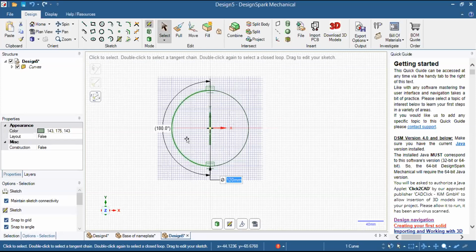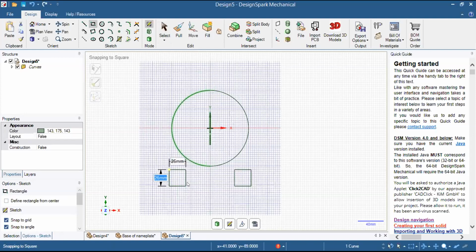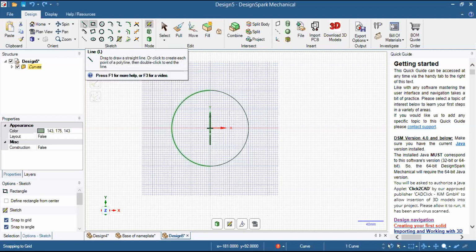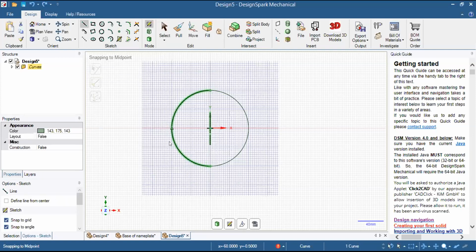So for creating a rectangle using mirror command, I will be using line command rather than using rectangle command. Because if I will be using rectangle like this, then a similar rectangle will be formed on the other side. But I want a single rectangle, so I will be using line command. I will go to line, and here I will be drawing a line. You can see I am drawing a line on one side and a similar line has been generated on the